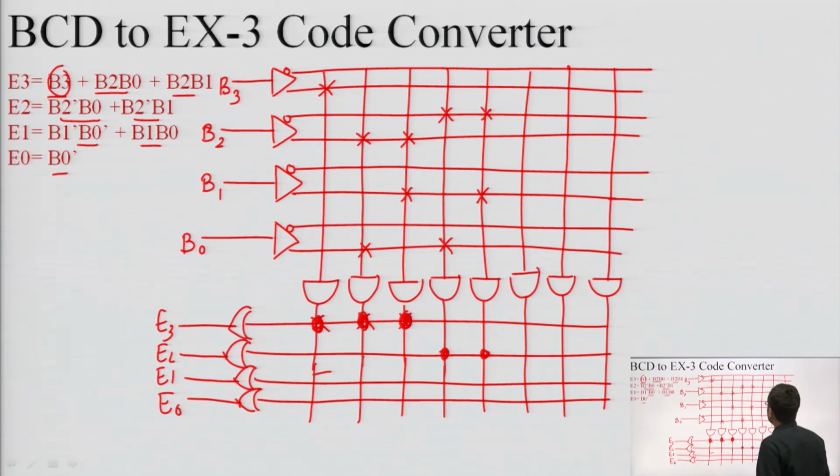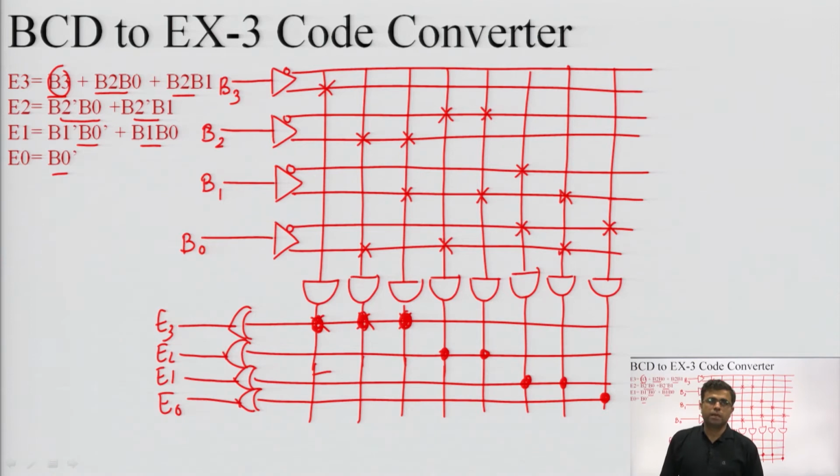Similarly, B1 bar B0 bar, this is B1 bar and this is B0 bar, then B1 B0, this is B1 and this is B0. Both these products will enter another OR gate to give you E1. The last one, E0, is equal to B0 bar, the only term involved, and this will be used from here for generating E0.